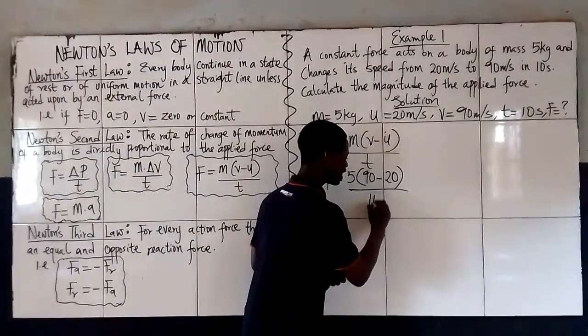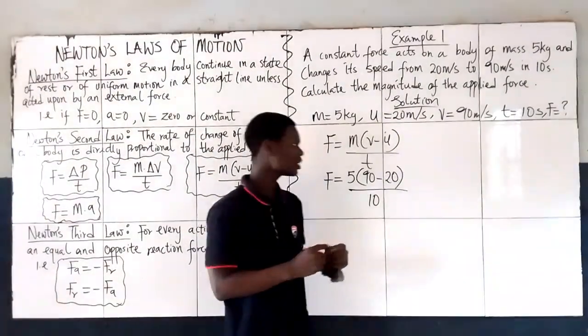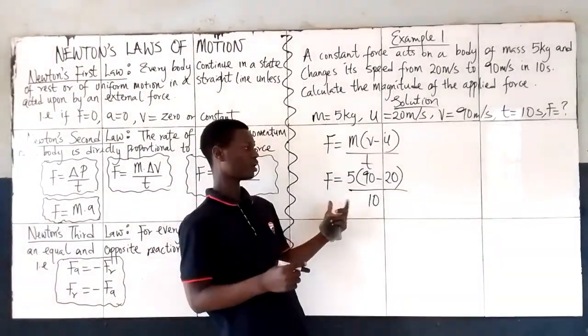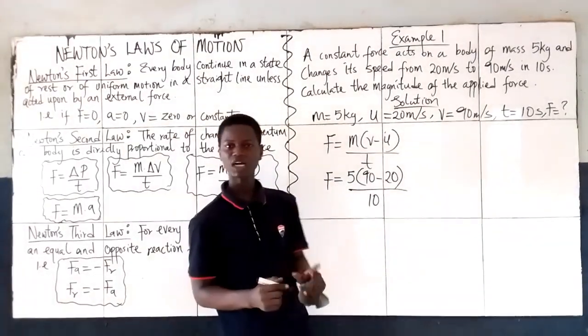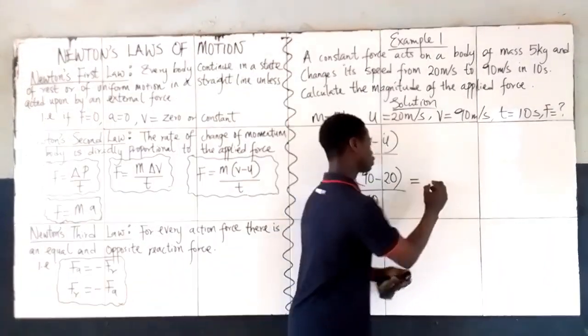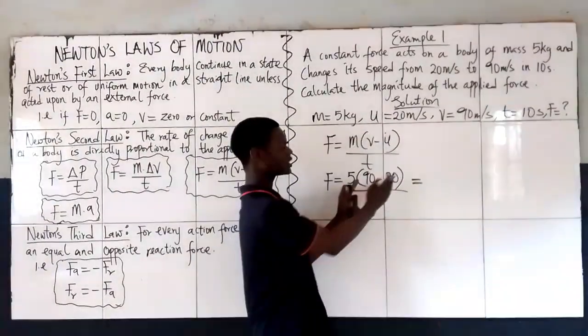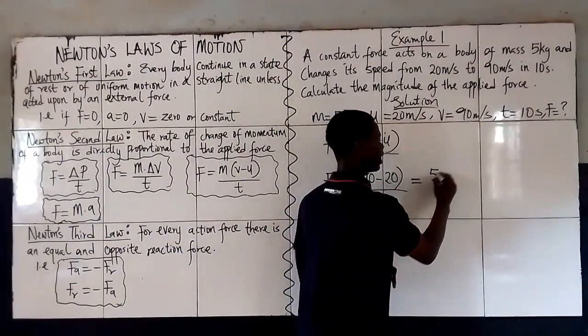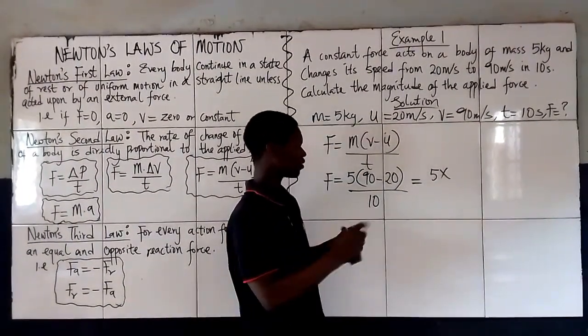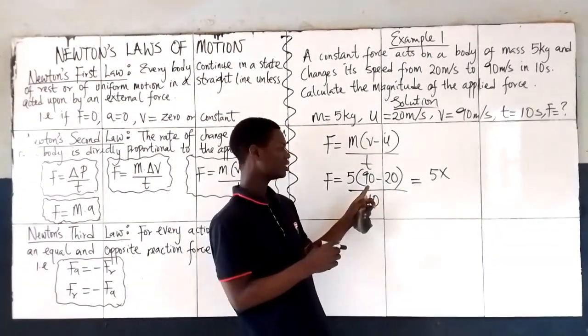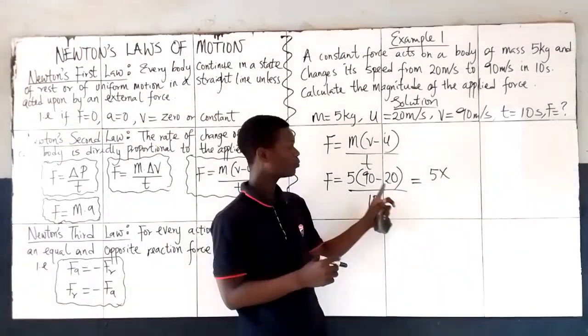It's what? 10. So the time here is what? 10. Now we are looking for F, and this is what we now have. Now watch out what will happen. It will now be equals to, mind you, this 5 is outside the bracket, so I'll put it separately. 5 times, ask yourself, within this bracket, what do you have? 90 minus 20. Is it not? Class, 90